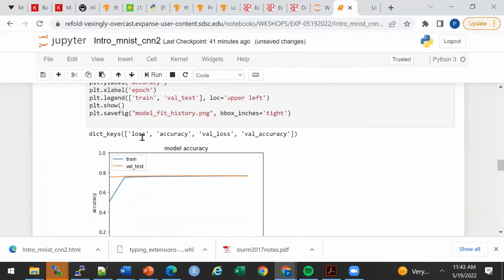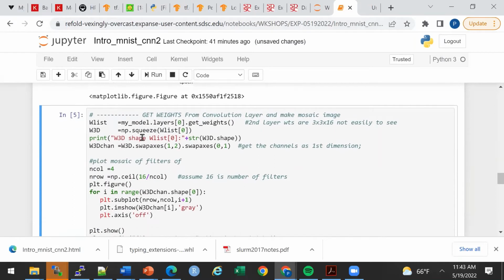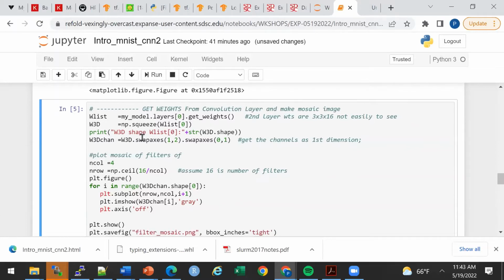Paul, can I real quick ask, somebody wants to know if this is running on CPU or GPU? This is CPU. This is a compute node. I got a compute node through the interactive session. On a GPU, this would be much faster. I'll talk about that towards the end.